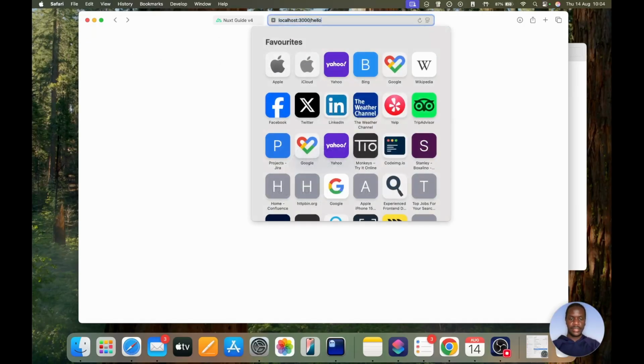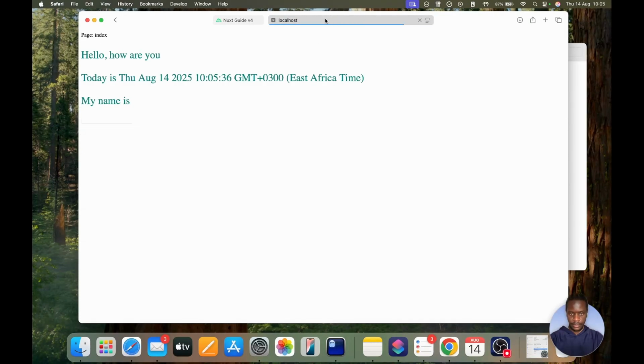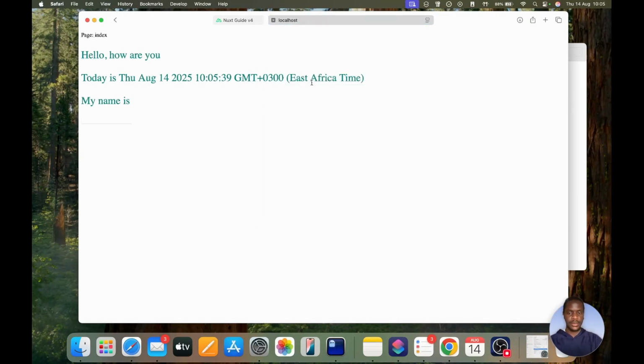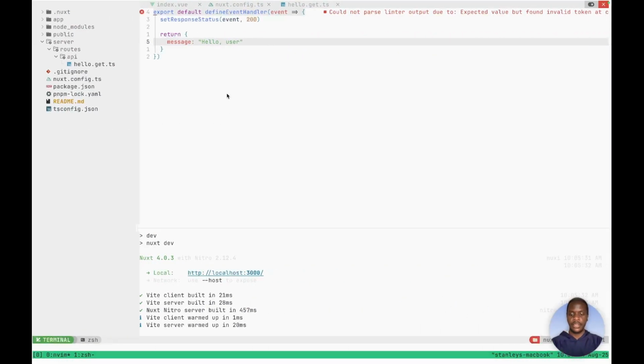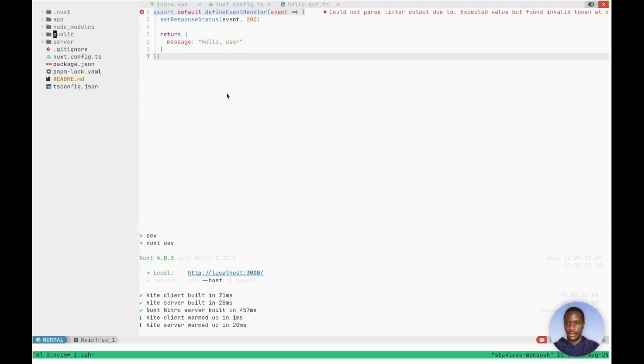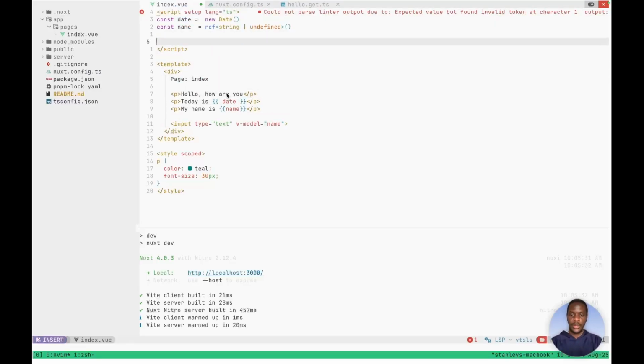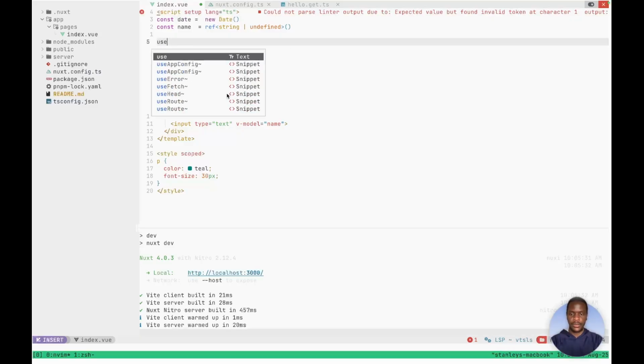Yeah, so let us just do localhost. Maybe I just need to upgrade a few things for it to work. So let us actually now use our API endpoint. If you go to pages, pages index.vue, I could call an API using useFetch,